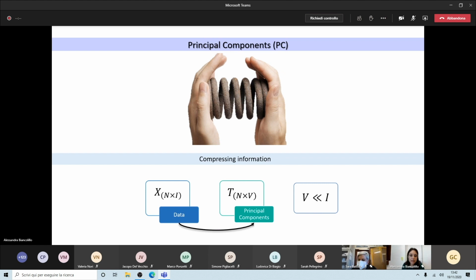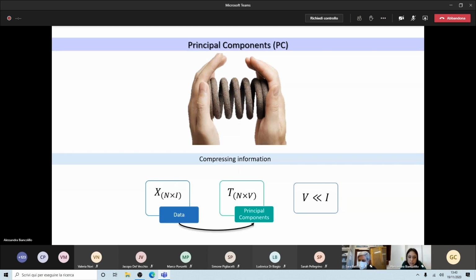So we will pass from having the X data matrix, which has dimensions n times I, to having the principal component matrix T, of dimensions n times V, where V is way smaller than I.